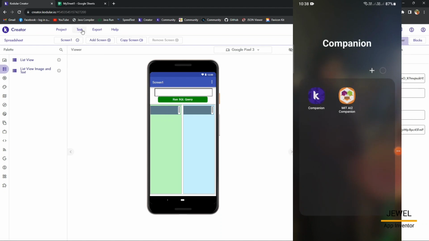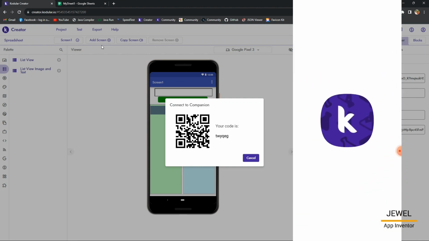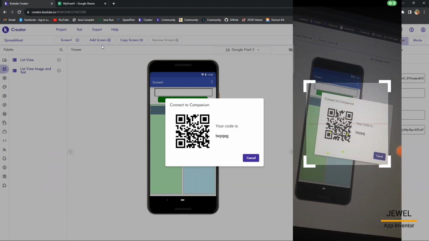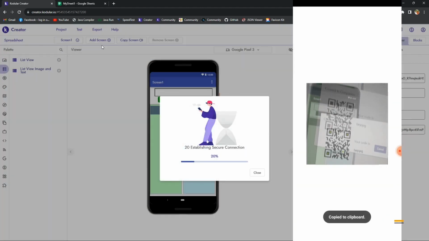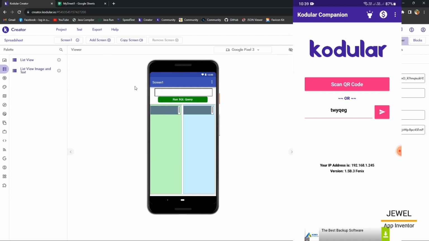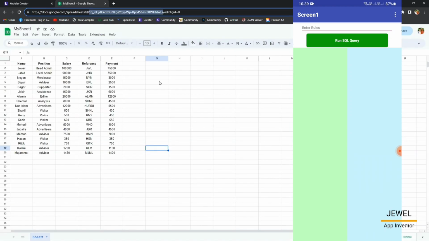Now let's test the application. Let me scan the code first. Now it's connected. Here is the data,